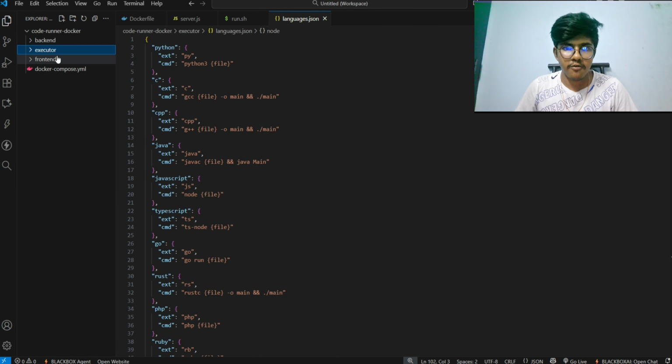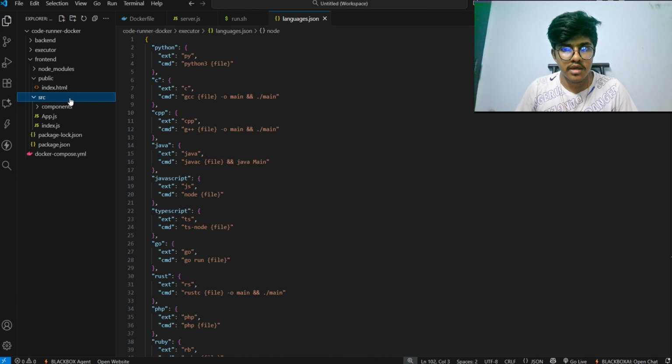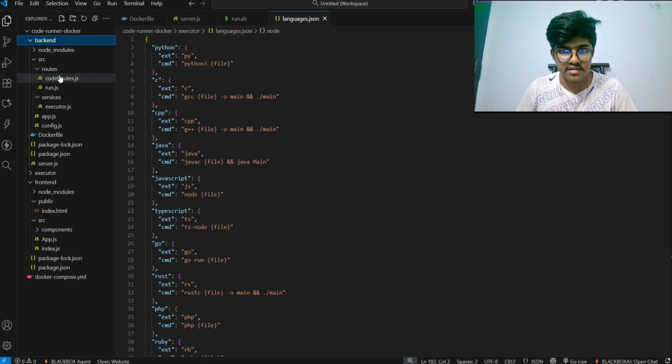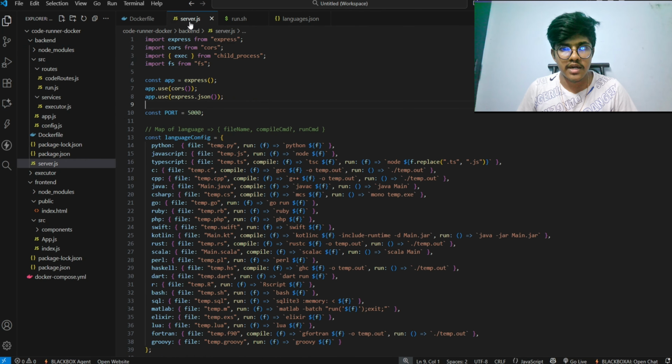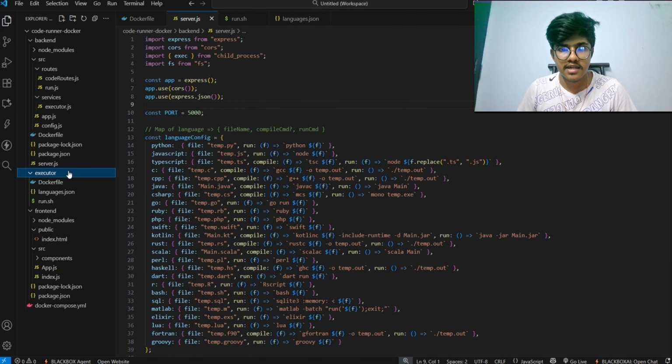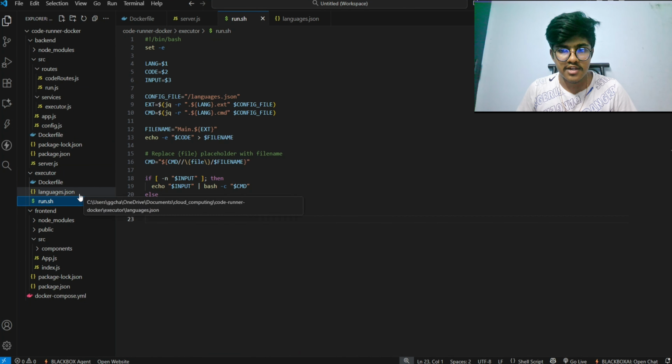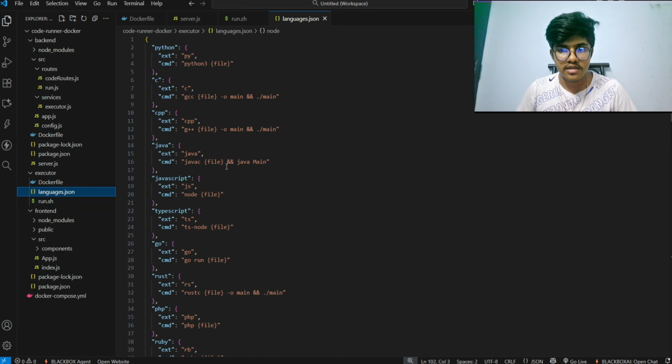In my project folder, I've separated everything into three main parts. Here is the frontend folder. This is used to build the user interface with React.js. And this is the backend folder. This is written in Node.js, which contains routes, services, and APIs that communicate with Docker. And this is the executor folder. This contains the Dockerfile, the run.sh shell script, and the language file that maps each language to its compiler